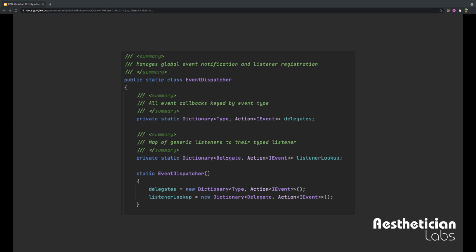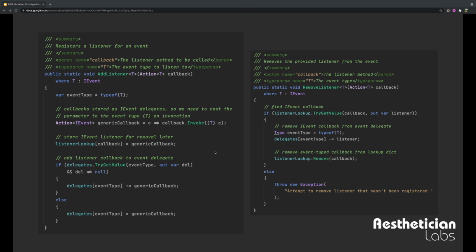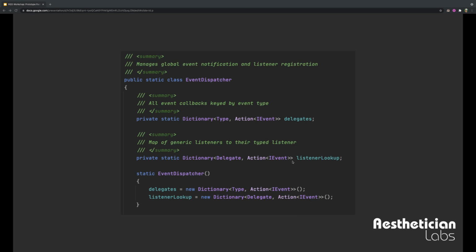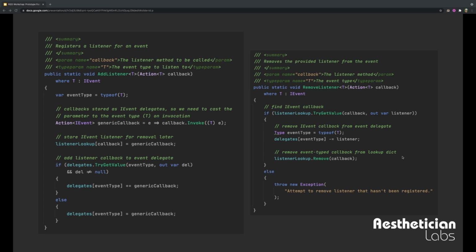We throw an error if we couldn't find it. The core principle is that we find the generic one, remove that from the delegates list for the specific event type, and then remove the specific one from the dictionary.